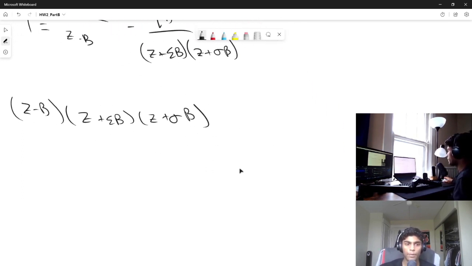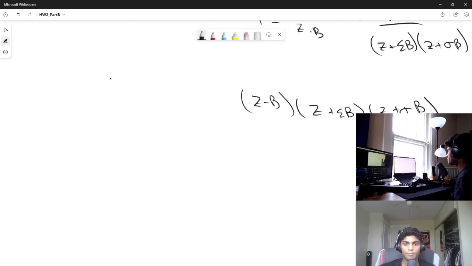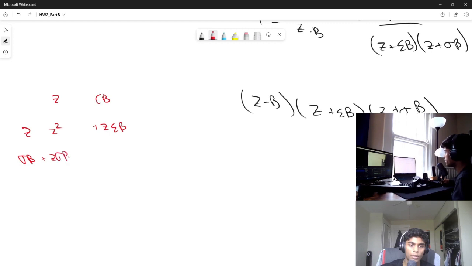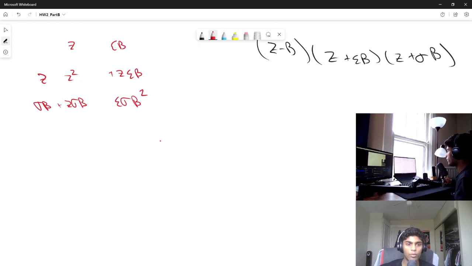So if we were to do that, I'm just going to go off to the side here. Let's just see if we did Z and epsilon B and then Z here and sigma B, we would have Z squared plus Z epsilon B plus Z sigma B, and we would have epsilon sigma B squared. So if you were to further simplify that down, what we essentially have is Z squared